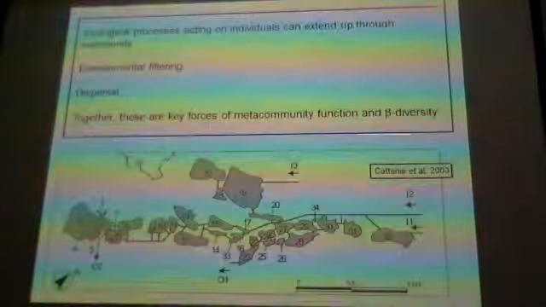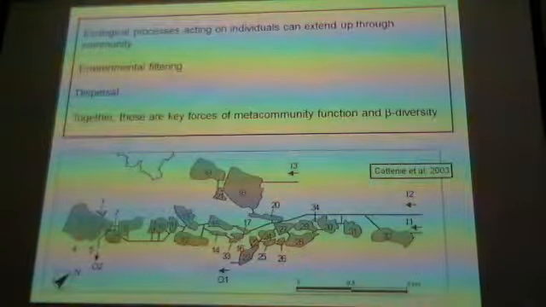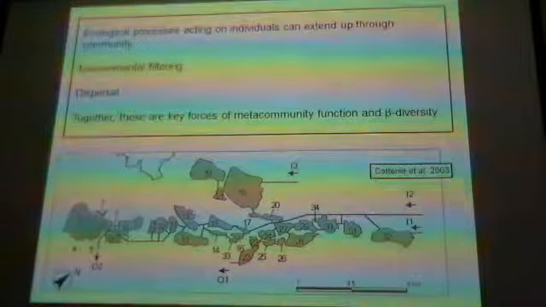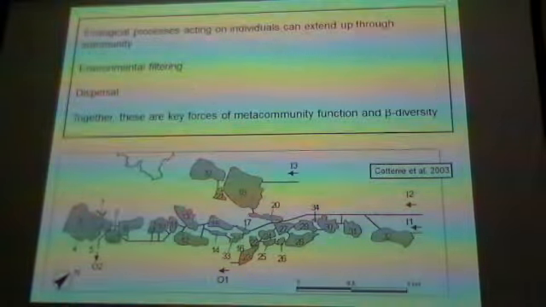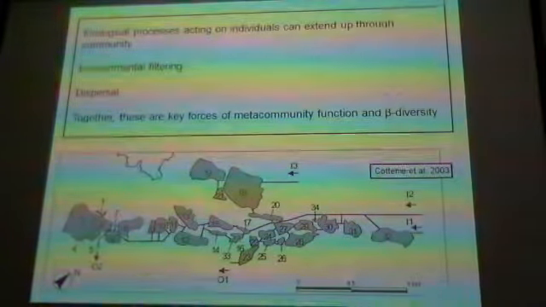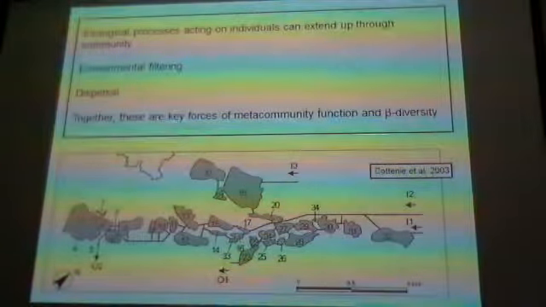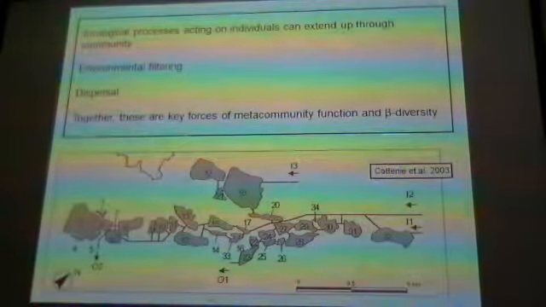A big part of this is environmental filtering, abiotic and biotic factors that affect where animals, or organisms in general, live. Another big part is dispersal: animals moving around, how well they can navigate through systems, whether there is avoidance of predation, things along those lines. When you scale this up, that's how you really get metacommunity function, and then beta diversity. By beta diversity, I mean the differences in community structure between two different areas or a whole suite of